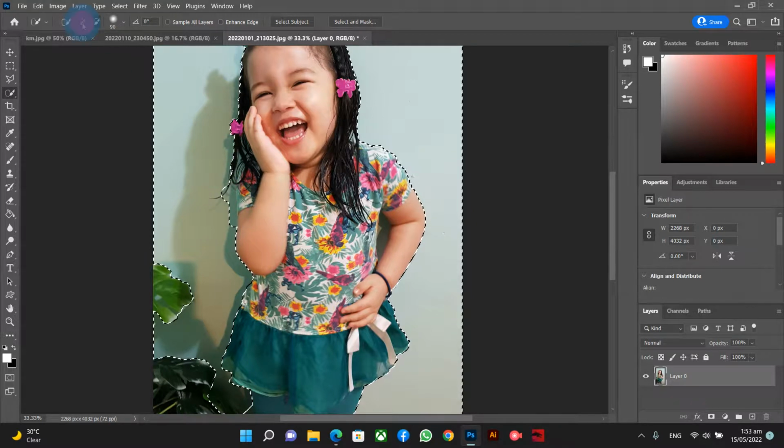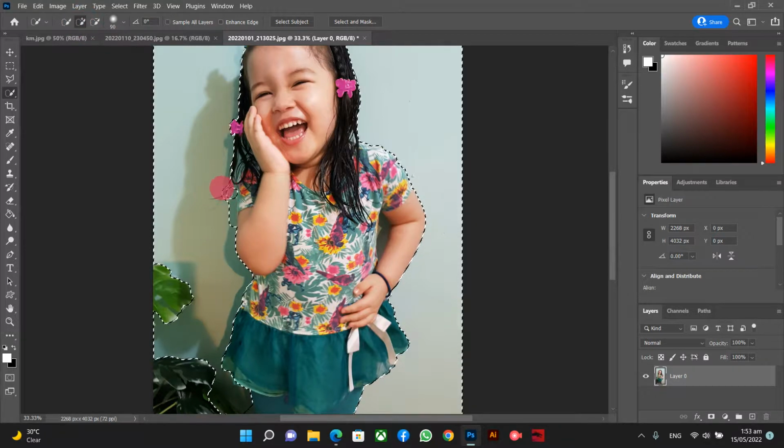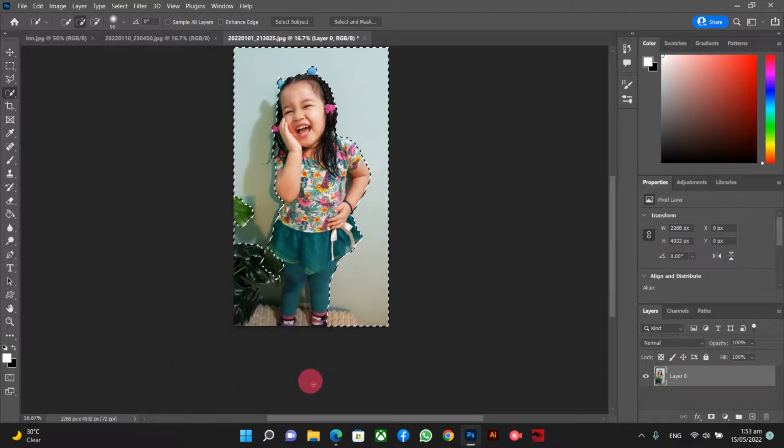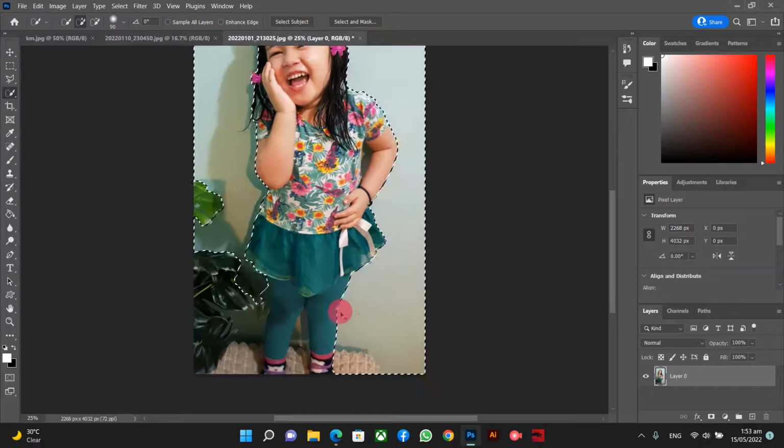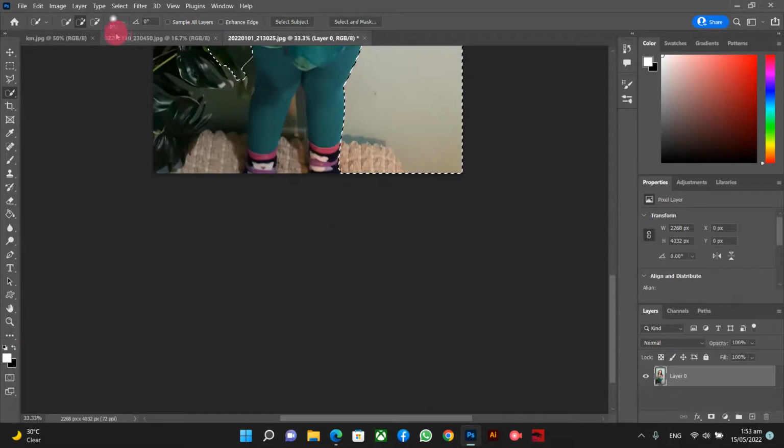The shadow part, it's okay for the hair. Okay, down right here I don't want to include the sofa, just like that. This part I want to include also the shadow. Okay, and this part,